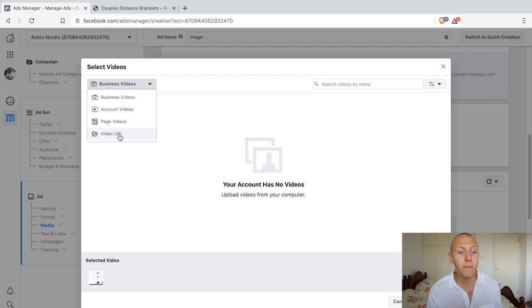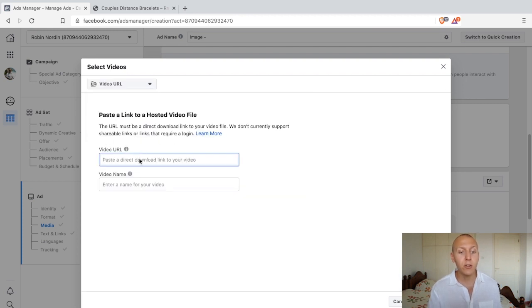And then finally we have video URL, and video URL means that you can add in a URL to any video as long as it is a download link. So what does a download link mean? Well, for example, we have rnjdeals.com. So if we had a video that we wanted to add in here, we would need to actually upload it on our website, on our WordPress, and then make sure that the link looks something like this: